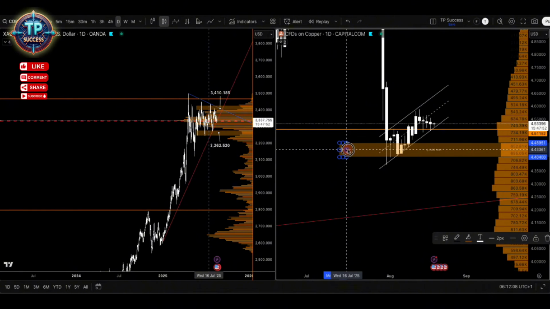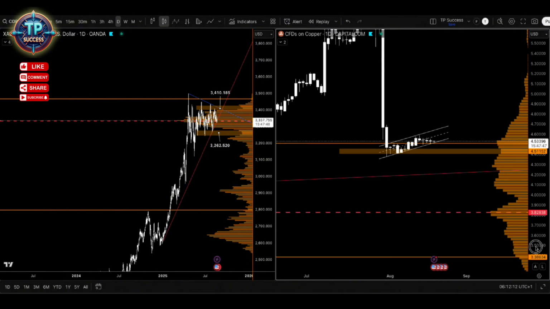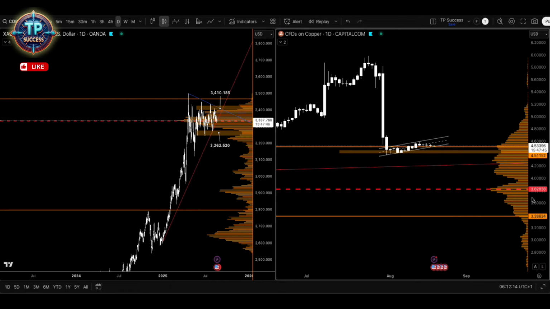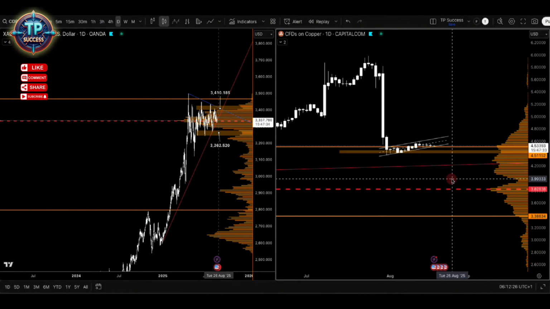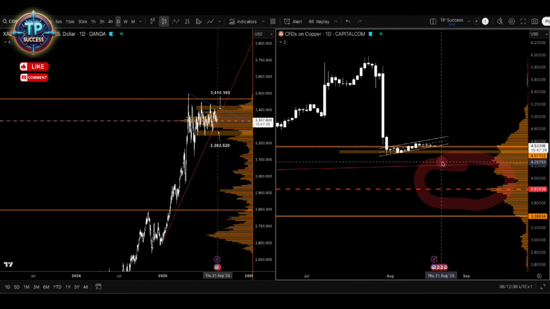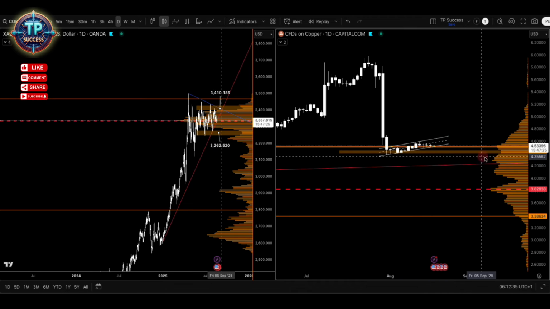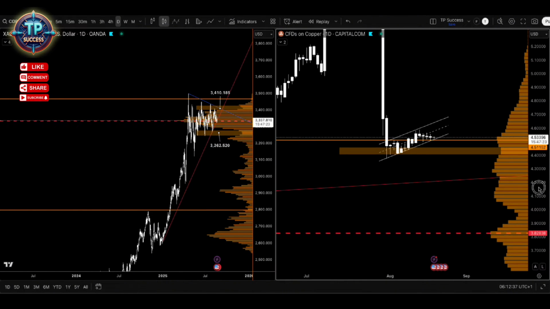There is a lot going on in the metal market. So today's news is really going to do either a good thing or it's going to do something crazy, right? So price has moved away from this low volume node when price came into the value area high, came under the value area high and into the high value area, right? Now price has now moved away from the high value area,